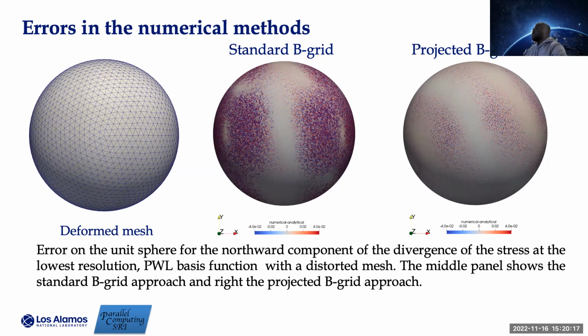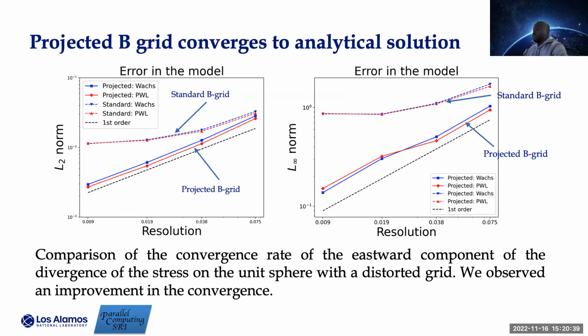And at the same time, we consider only one component of the derivative of strength, which is the U component, because the other component gives us a similar result. But to have a better understanding of this technique, we ran a different analysis by changing the resolution, to see if we increase the resolution, how does this result look? Is there any improvement, or does it get worse?